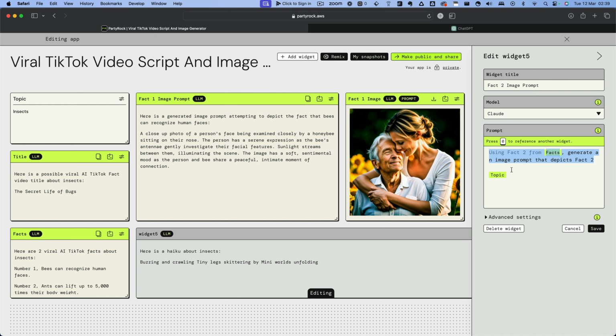Okay, click save. It takes time to generate it. If you put something like ants or something,